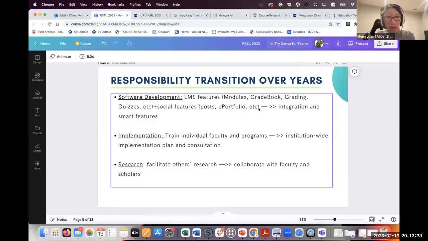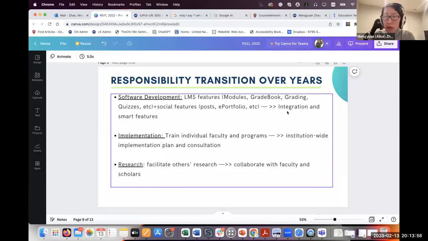But I see a transition to more technology tools integration and developing smart features. The integration I'm saying here is through LTI tools, right? Various platforms can be added onto an existing platform.